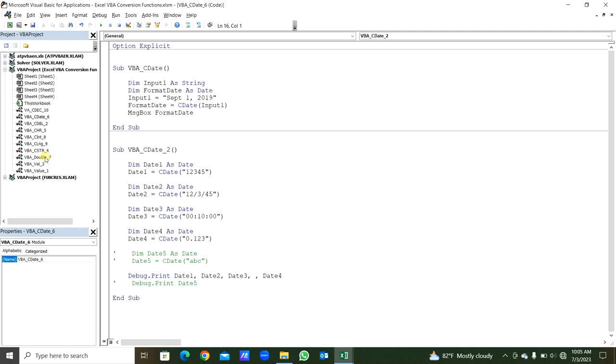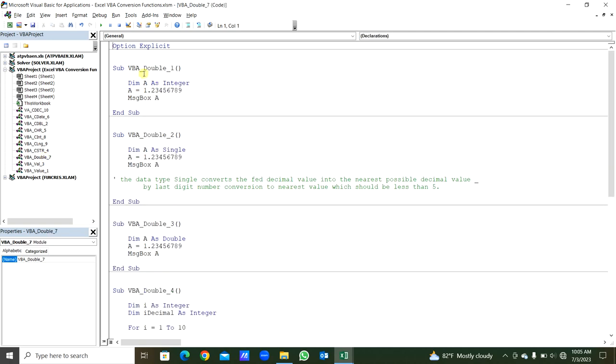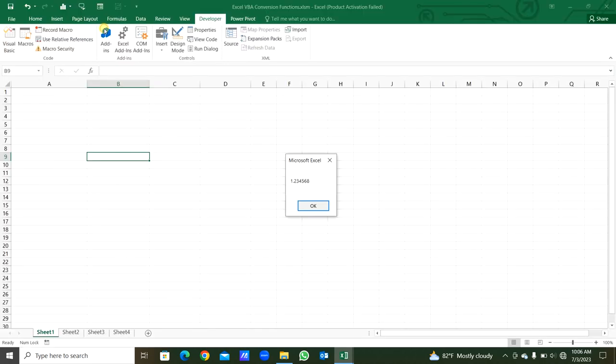Now we will see the next one, double. Declaring the variable a as integer, then we will assign to that a. Then when we get that in the message box, as we already know, integer will give the whole number. So the result will be 1. In the second example, you can see we are declaring the variable a as single. Here the same number we will assign to a. When we get that in the message box, you can see here we will get